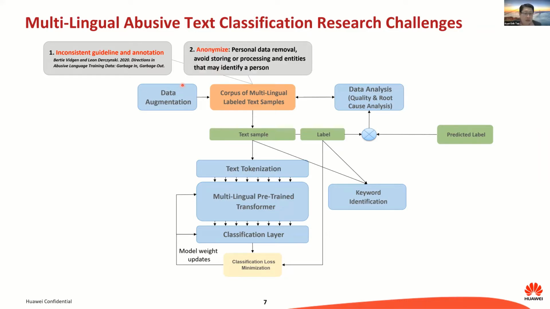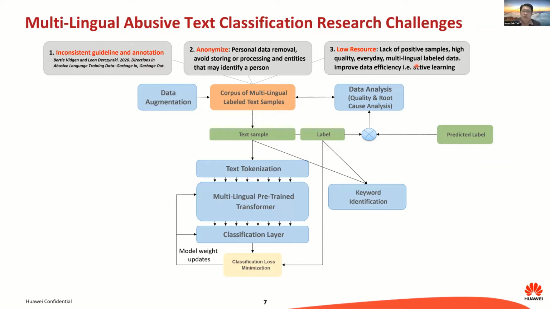Another area is anonymization, which is important since the data we are dealing with is abusive in nature. We want to make sure whatever we process cannot identify the individual, so anonymization is one of the very first steps we do. And the nature of abusive detection is very interesting, because unlike typical NLP problems, positive samples could be 100 to even more than 1,000 times more difficult to acquire,